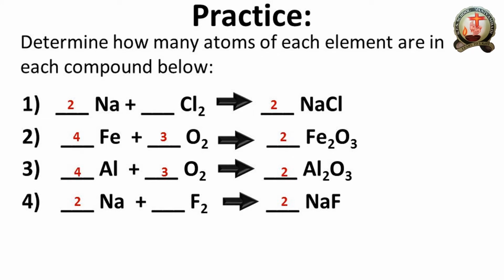Then practice. I give some sums of practice for you. Determine how many atoms of each element are in each compound below. Okay, now what are the things available here? 2 is there. So you know the subscript only. In front of the compound, if any letter or any numbers are also there, that is also helpful to find out the number. In the previous slide you found the atomicity. This is another example. Okay, don't confuse. 2 Na and 2 Cl. We can say 2 NaCl. 4 Fe plus 3 O2 gives 2 Fe2O3. Now we are going to calculate how many atoms are in Fe2O3.